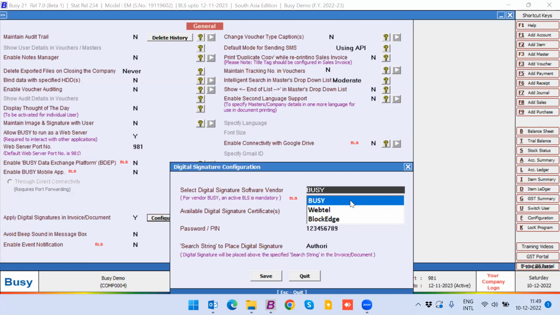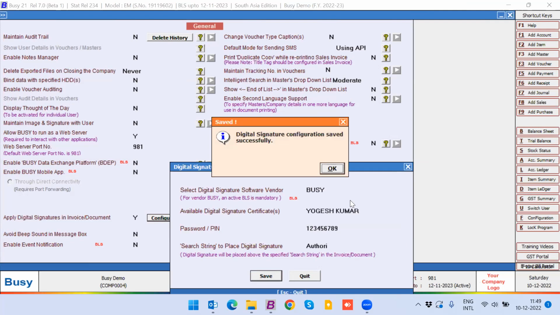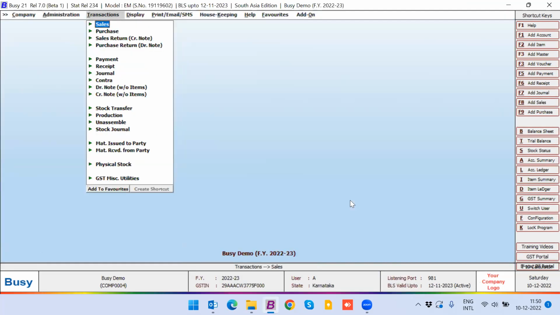You just install the DSC software. Busy will pick the DSC automatically. You can see here I have chosen the Busy, and now it is showing me the name. I will give the password and I will save it. This simple configuration is required. After that, let me